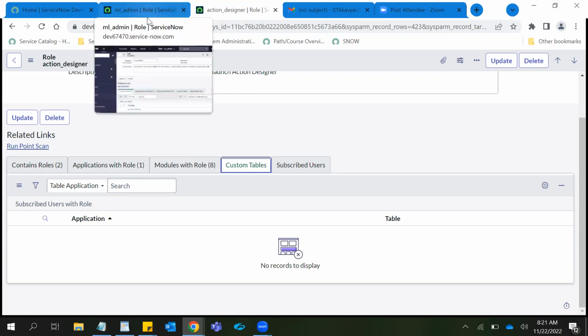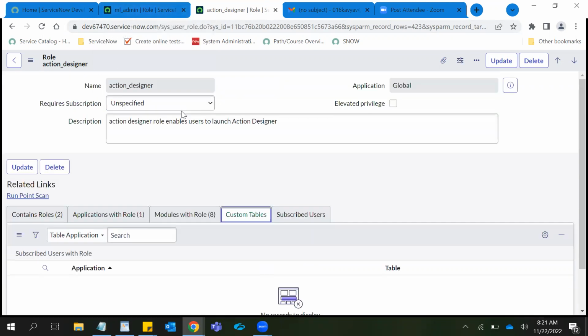Even the fields can be either a system field or a custom field. A system field is created by the system and a custom field is created by the user. It can be any user. So how you can differentiate between a custom table and a system table, or a custom field and a system field is, see, this